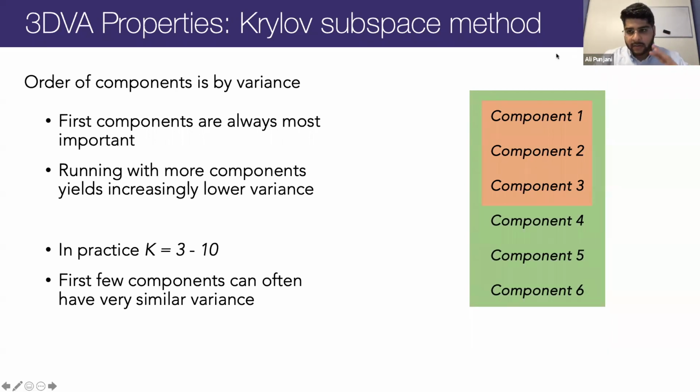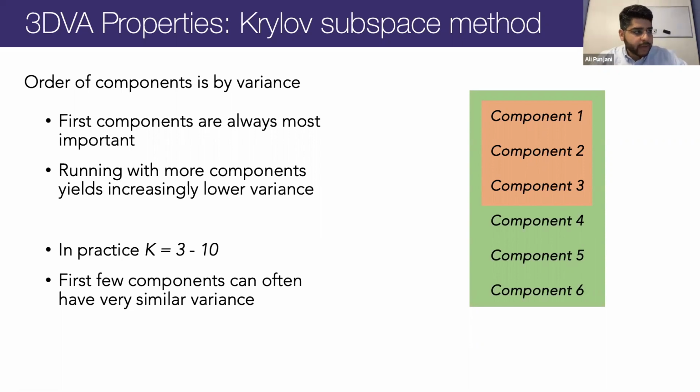If you run the algorithm again with 6 components instead of 3, you'll actually get the first 3 components back again, because those are the most important, and so they're part of the subset of 6 as well, and you'll get 3 more components that have lower variance, meaning they explain less variability than the first 3. And you'll get this monotonically decreasing or equal variance set of components that describe different types of variability in the